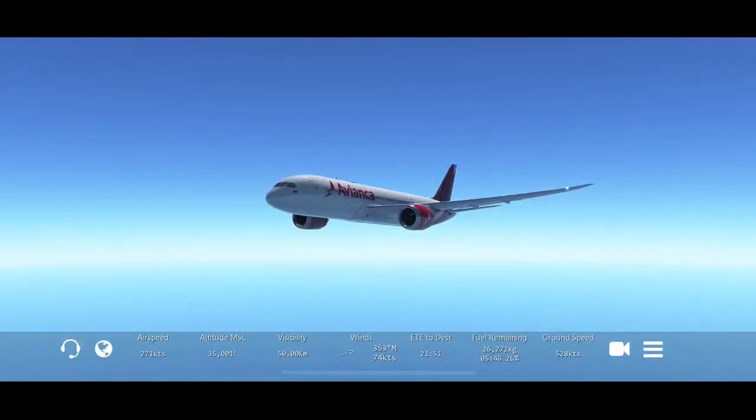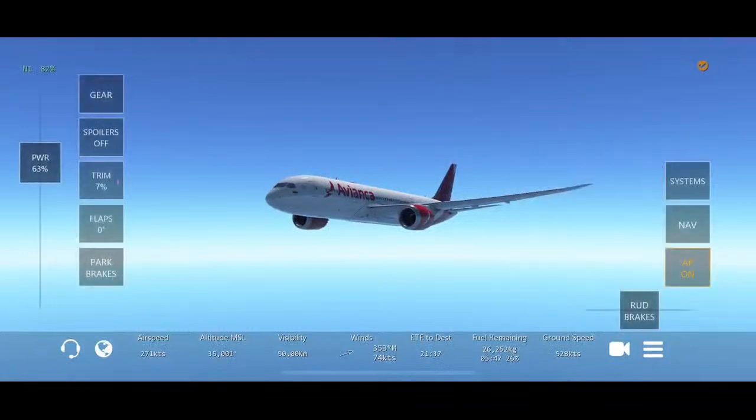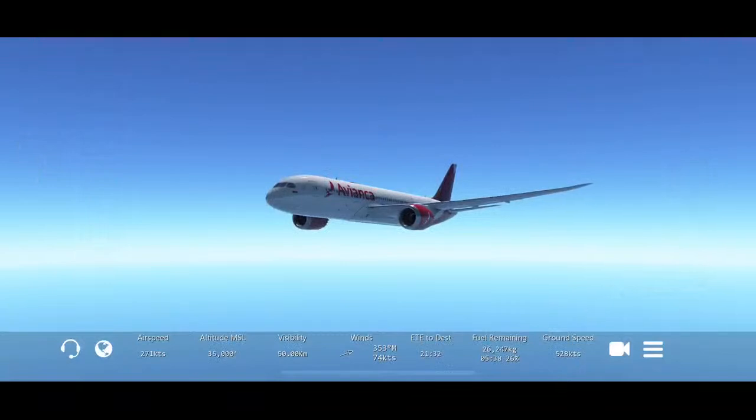My screen on my computer says the stream is still loading, but it's not. You guys are obviously responding to what I'm saying. And we're going to start descending pretty soon, I'm sure. 22 nautical miles until we start our descent. Fabian, wait, what? You work for Lufthansa? Okay, tell me if the stream is lagging for you guys, because I don't know if it is or not. On my computer, it looks like it is, but